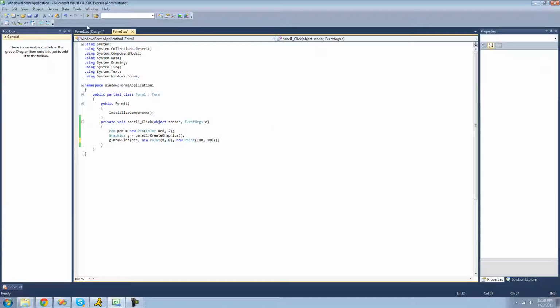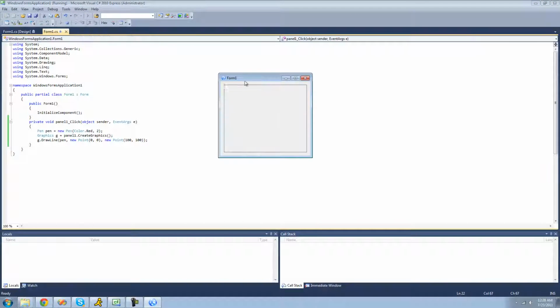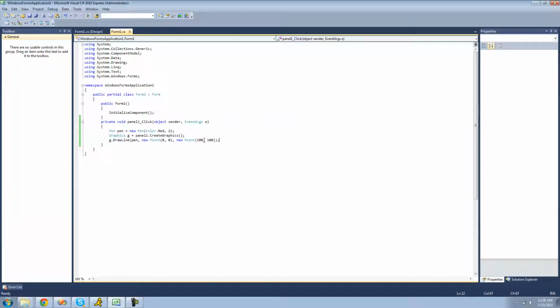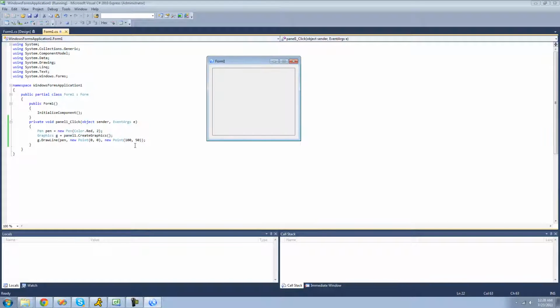Alright. So now when we debug here and click, we should just get a line that's straight down. Yep. And you can obviously mess with this just like anything else. So if you wanted to make this not as steep a slope, we can just change the y and it won't be as steep. Yep,